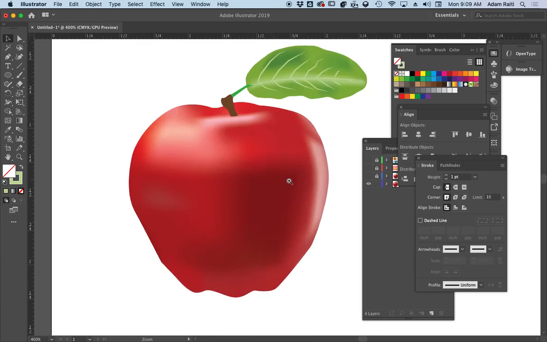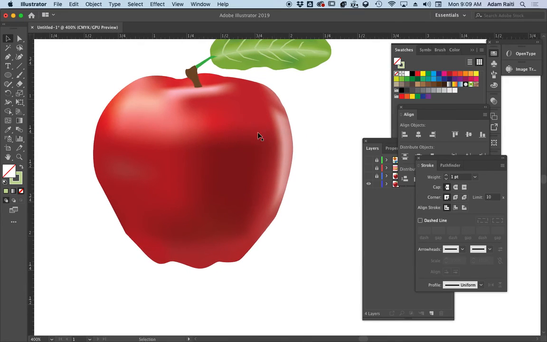There's a couple of things, and then we zoom in. That's the thing about vector, right? No matter how you scale it, it's always nice and clean. I'm seeing a little bit of stuff that's